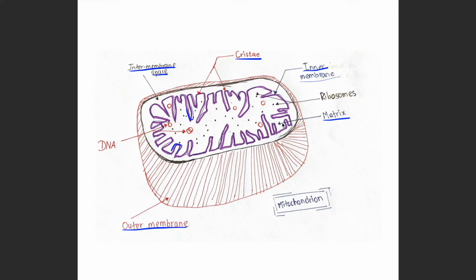What is the point of the matrix being there? The matrix is a solution containing enzymes which help in aerobic respiration. So there are enzymes in this matrix which help in aerobic respiration, and that's basically it for the matrix,